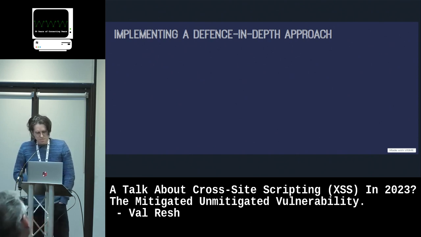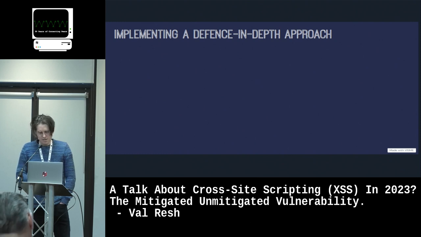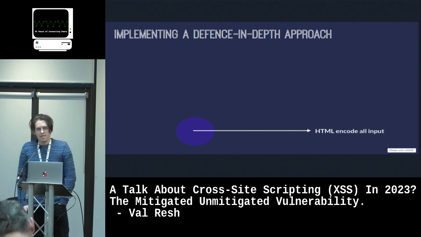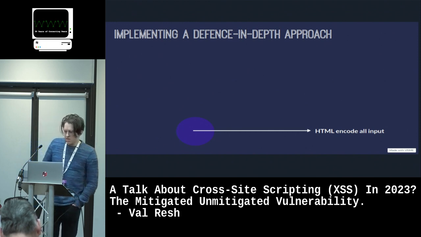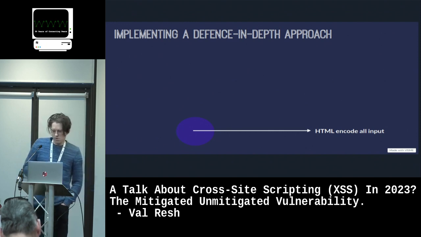So essentially, the core issue for the majority of cross-site scripting vulnerabilities is the lack of HTML entity encoding. So the solution is to HTML entity encode all input. By all input, that means user input and input that's coming from sources that you might perceive as legitimate, including your database systems or other websites owned by the same organization. So anything that shouldn't be rendered or interpreted as HTML should be